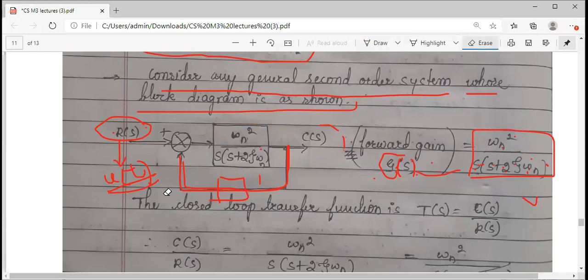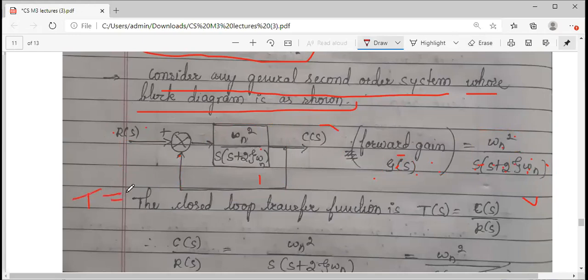For that, what I will do, it is a feedback system, so I will eliminate the feedback. Feedback to remove करने के लिए, you know the formula, transfer function is equal to output by input, which is equal to forward gain. ये जो भी block value है, forward gain will come here in the numerator, divided by 1. Sorry, I forgot, यहाँ पे negative sign आना चाहिए. It is a negative feedback. So 1, as it is negative feedback, take plus 1 plus whatever the forward gain you have, that into the feedback gain. So this is the formula, and feedback unity gain hai, so yahan pe 1 aayega. So these two values are this term, which is written in this block.